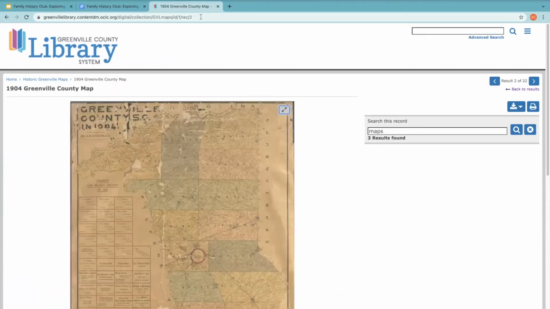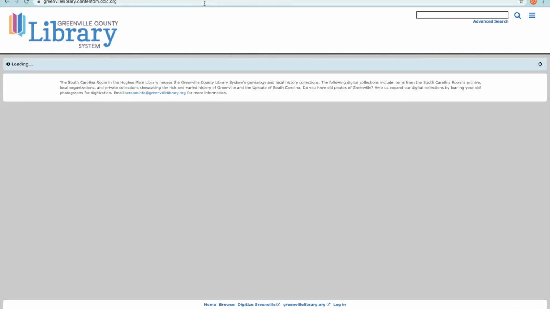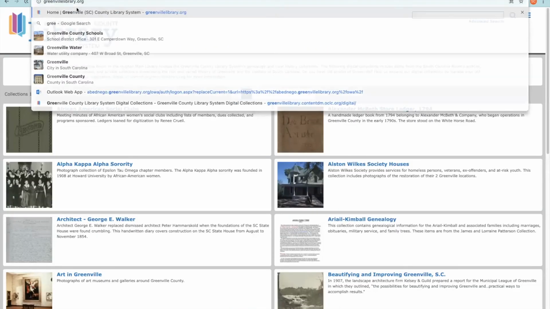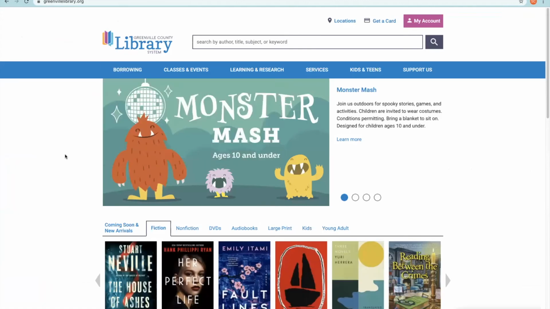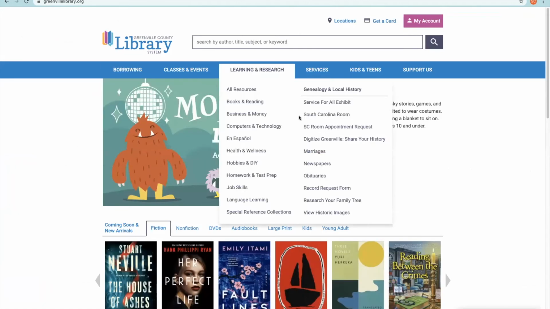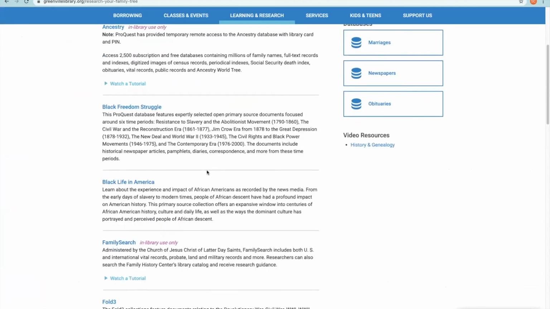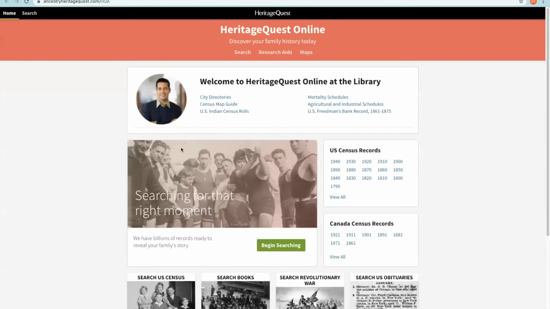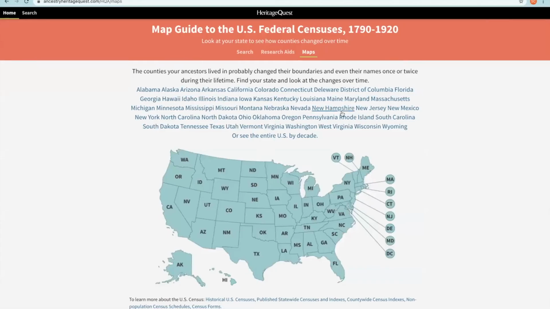One last thing to mention, let me get a link for this too. If you are on our webpage, greenvillelibrary.org, you can go to our Heritage Quest database. If you go from learning and research to research your family tree, and go down to Heritage Quest, you can actually view some of the census maps in this collection. I'm going to click on Census Map Guide, and you can click on any state.